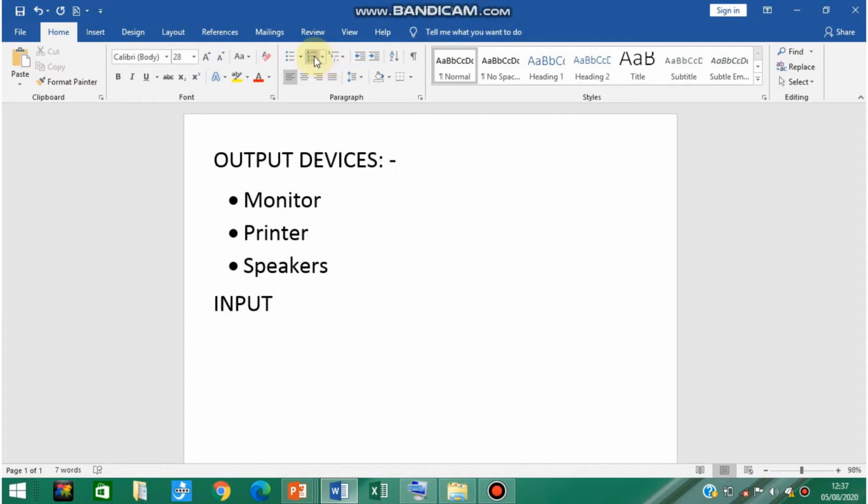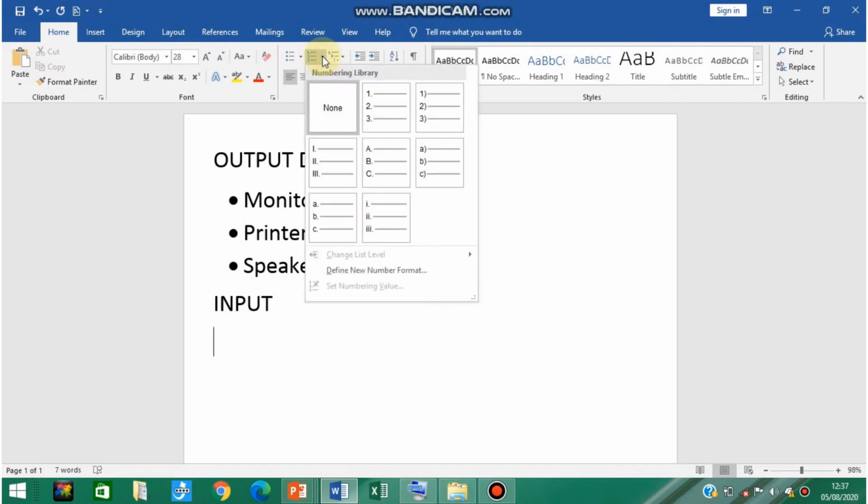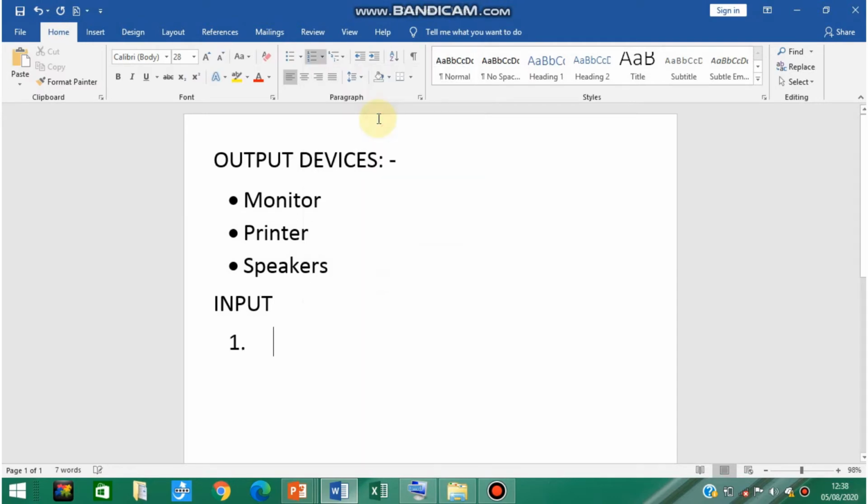Beside that you will find a drop down arrow. Click on the drop down arrow and select whichever list you want. For example, suppose I am selecting this list, number alignment is equal to left.